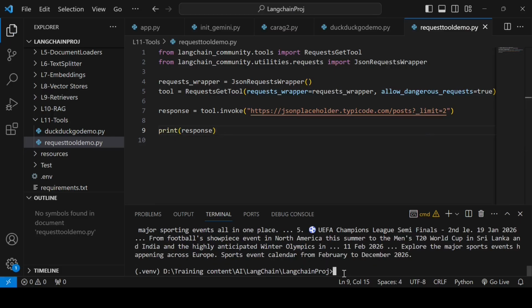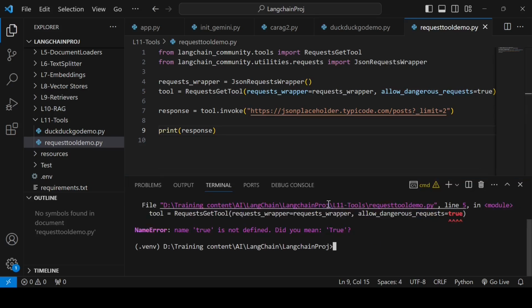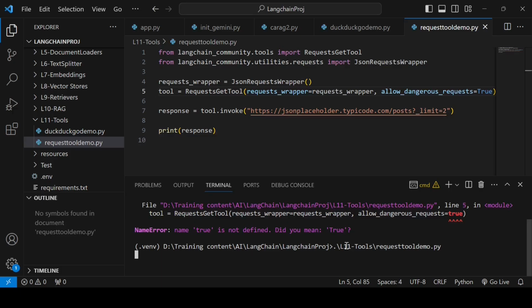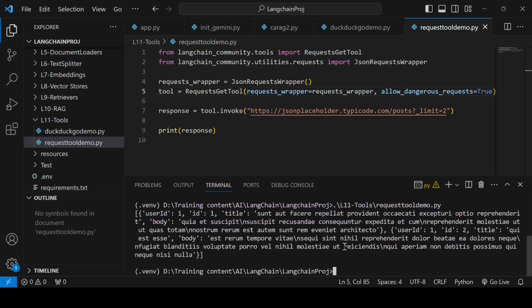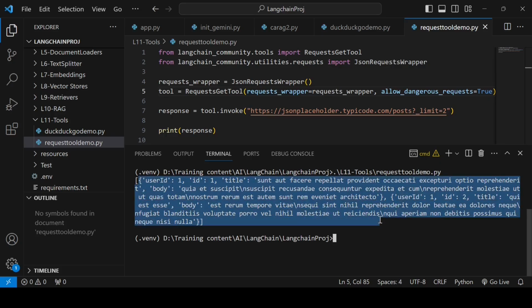All right. Let's try to run this one. So I got 2 results from the URL which I'm calling. So this is the API request, and I got 2 results as JSON.